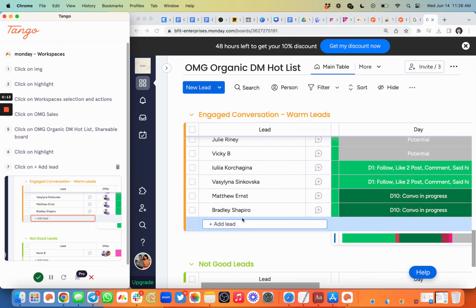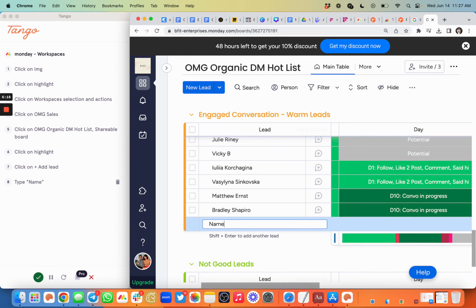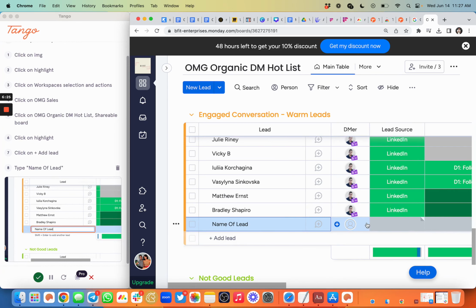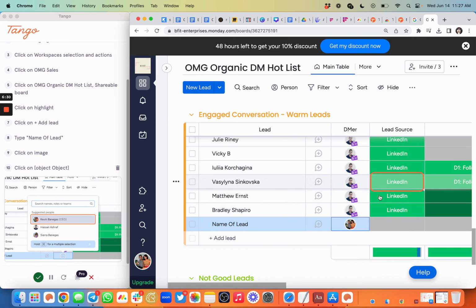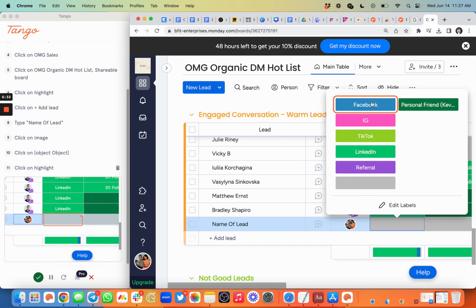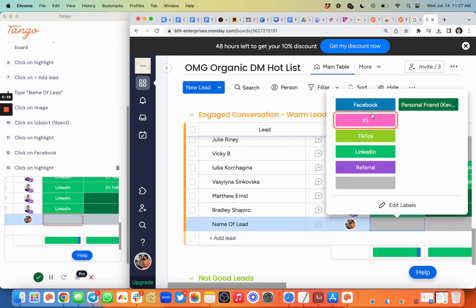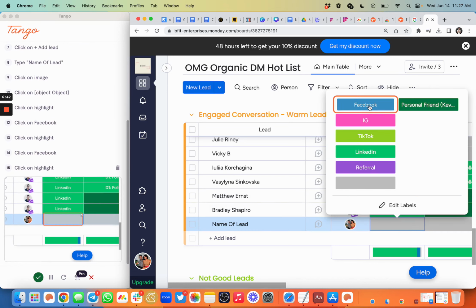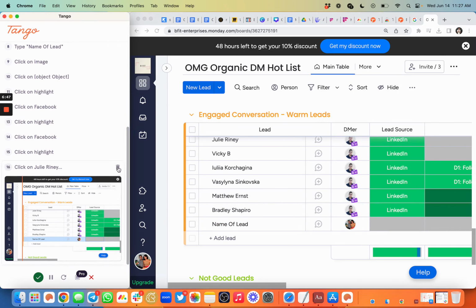But anyways, if we want to add a lead, we then type in the name of the lead, and then add the description of the lead source, or add who the DMer was. Make sure that that person is that, and then let's say that we found them on Facebook when we were doing lead generation for this specific person. I don't know why it's not actually making the change. Maybe it's like click. Oh no,